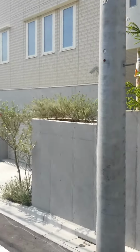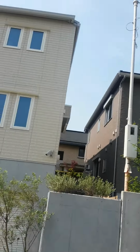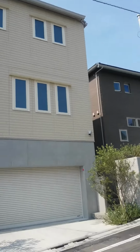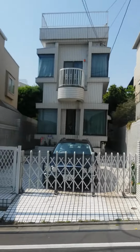Here's another one of these sort of box homes. I'm really not a fan of this design. I've seen them in Washington, D.C. before, but this is a lot bigger than the ones I saw there. It's just long, and it literally is a rectangle that goes back. This one,